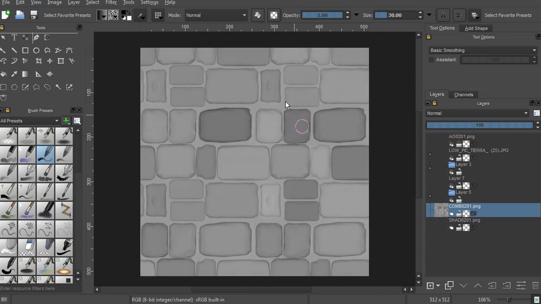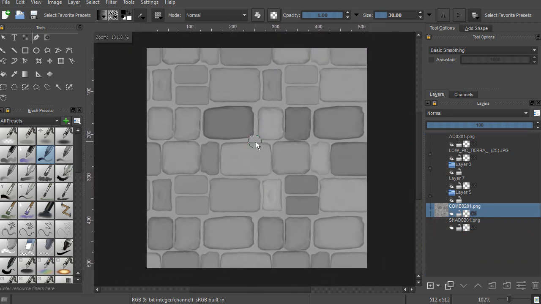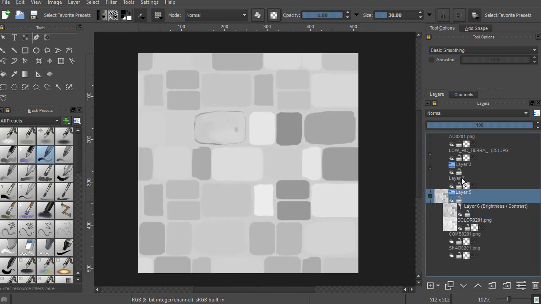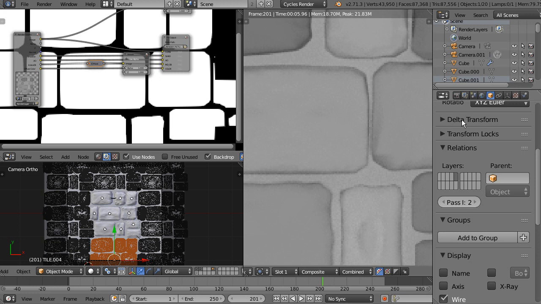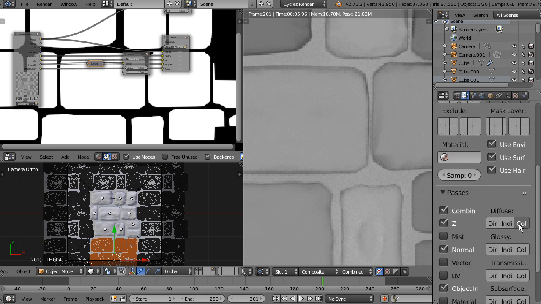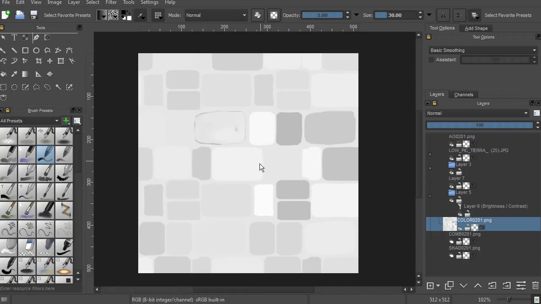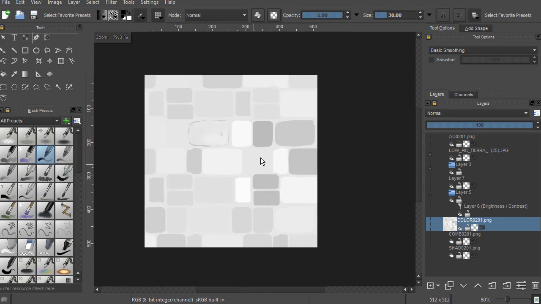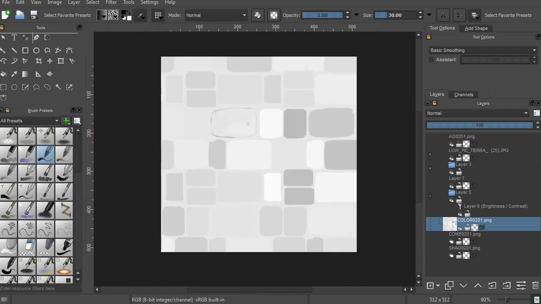First we have this diffuse pass that I haven't used, so let's turn it off. I have this inside the group, and this is this one. This is color diffuse, the pass that I had enabled here. Alright, and you may notice that I have different tones of gray and dark colors, and here is the trick. At Blender,